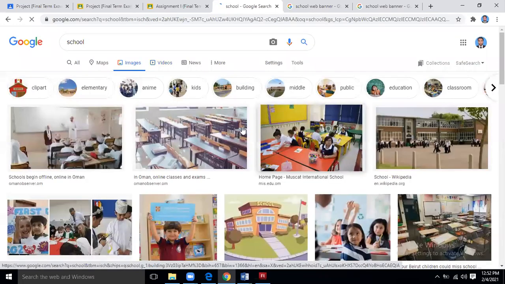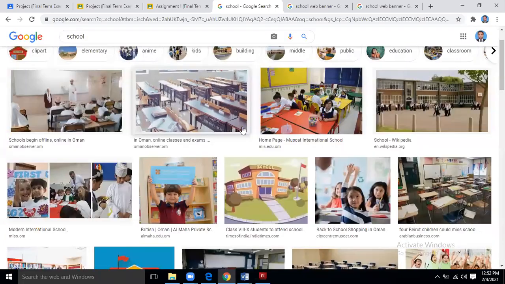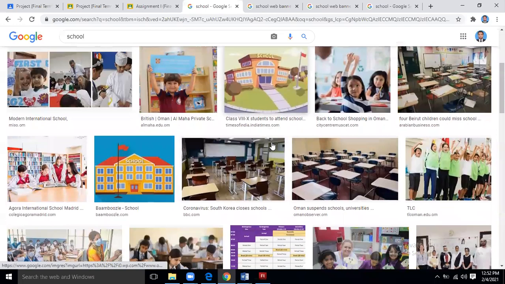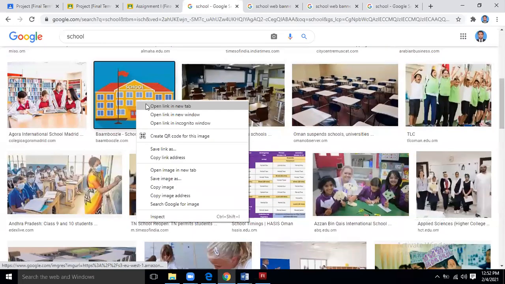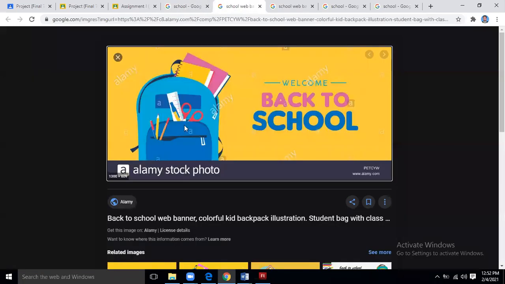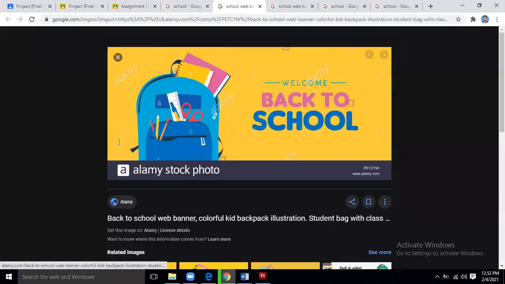If I just write school, I can take these figures of the students as well. Okay, I want to take the image of a building. Okay, I take these four images. I save them on my desktop.